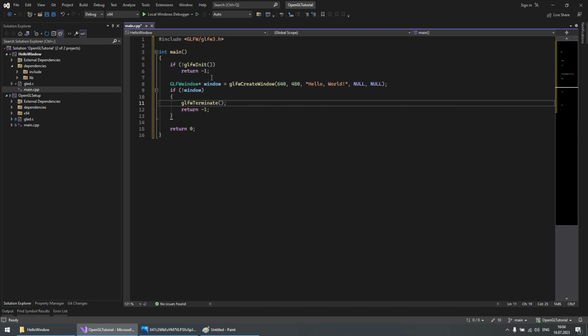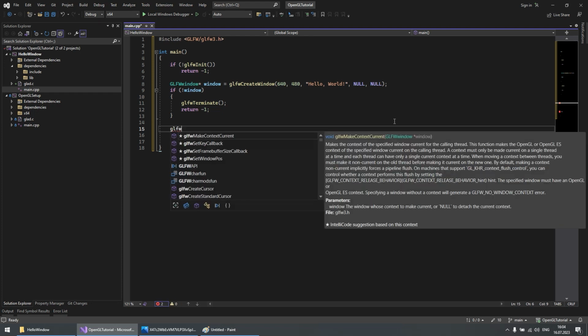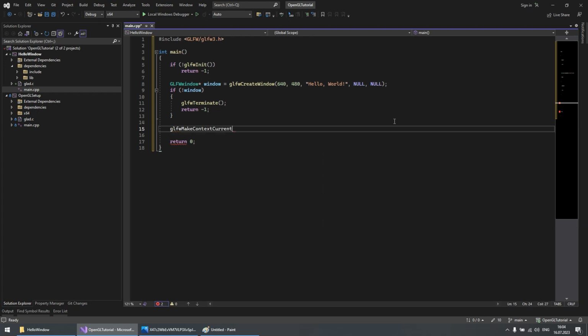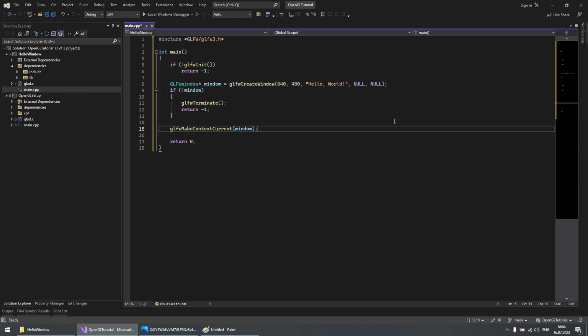Well, now we have created the window, and the next step is making this window the current context, which is glfwMakeContextCurrent, and it gets a window. So this function is important, and you may ask what it means to make the context current.